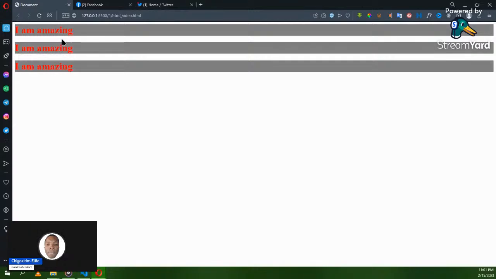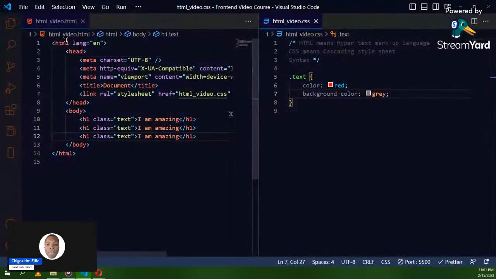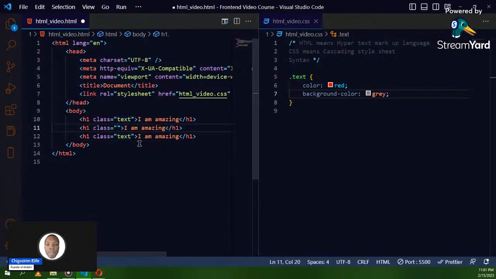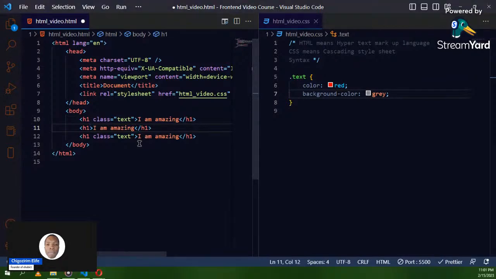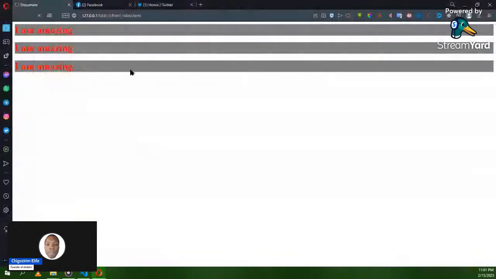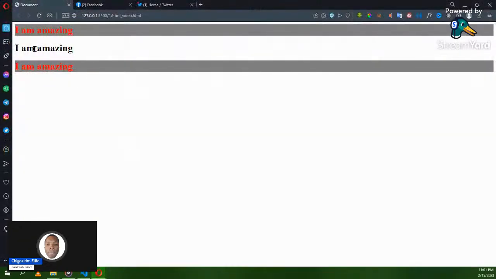But let me do something now. If I change this to normal, first let me remove the one in the middle and give it a normal font tag. And when my code refreshes, you'll find that it turns back to normal. But then,